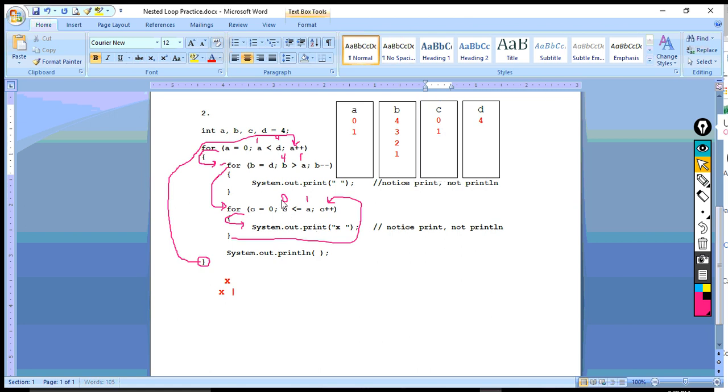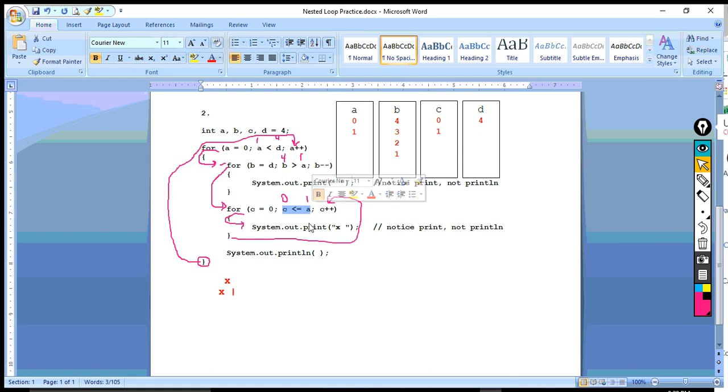Now 1 here is less than or equal to 1, so it's going to go through the loop again. And so it's going to print X and a space again. The space won't really matter because we're not going to see it. We're going to go down here, print the X and a space, and then